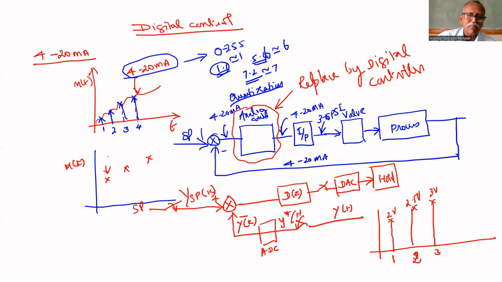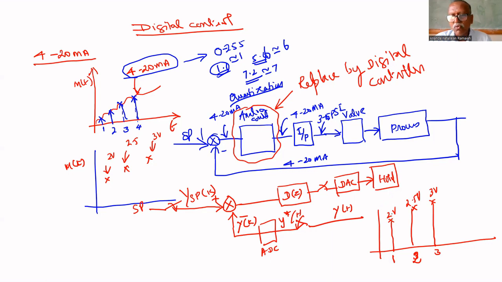This number corresponds to 2 volt. This number corresponds to 2.5 volt. This number corresponds to 3 volt. A number 0 to 255 or 0 to 65K is converted into voltage. Again, it is not an analog signal. To convert this into an analog signal, a